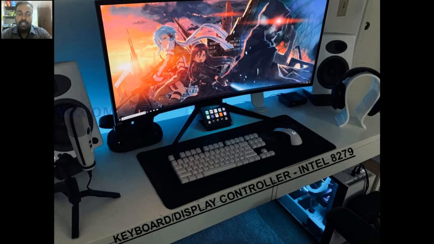But at that time they used this 8279 to connect 7-segment LEDs and some 16 keys, that is called a keyboard. Okay, let us enter into the video.